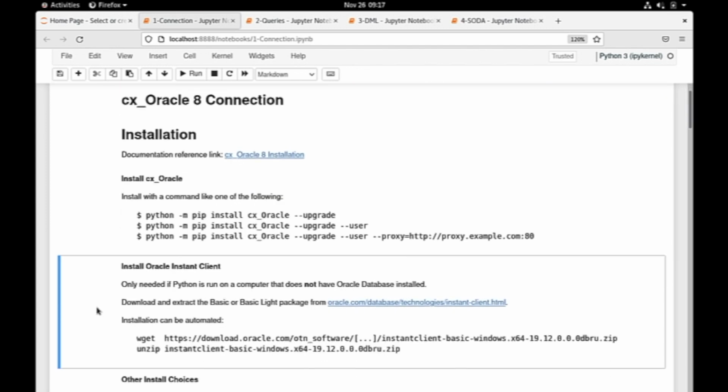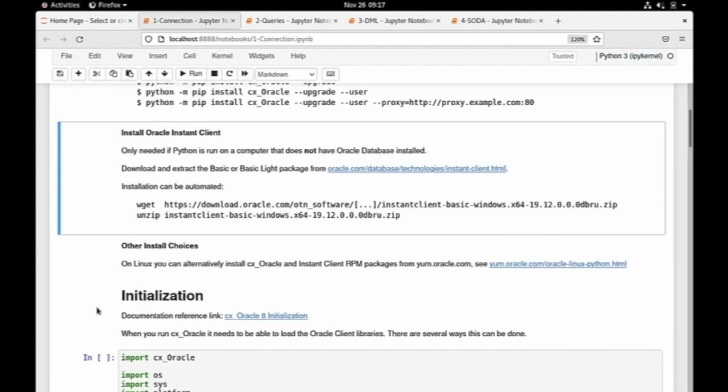The latest stable version of cx_Oracle is usually available in the Python Package Index, PyPI, repository. You can get it from the PyPI repository by using the pip command to download to your local machine, which can be on any platform. Similarly, you have to install the Oracle client from the www.oracle.com webpage. Or if you're on Linux, then you also have the alternative option of installing both cx_Oracle and Instant Client RPM packages from the yum repository. Now that all the installation is done,